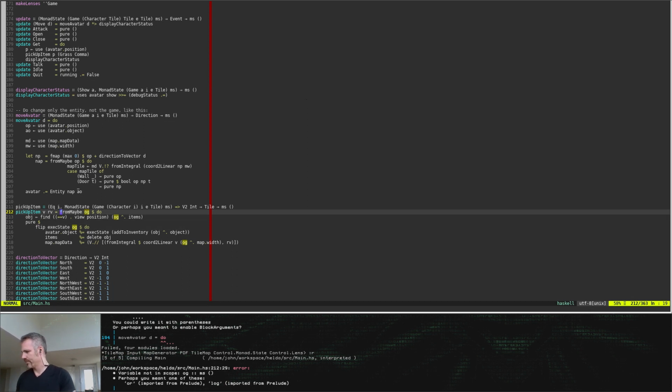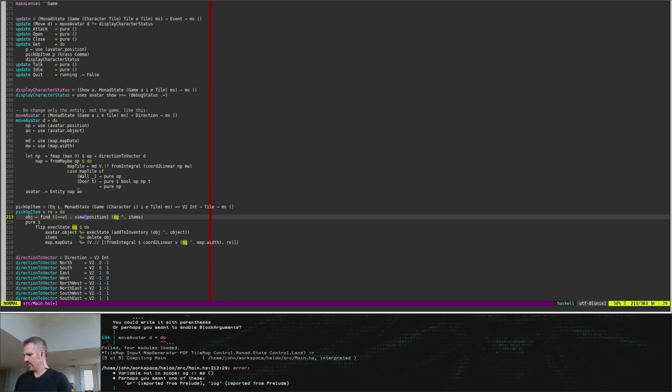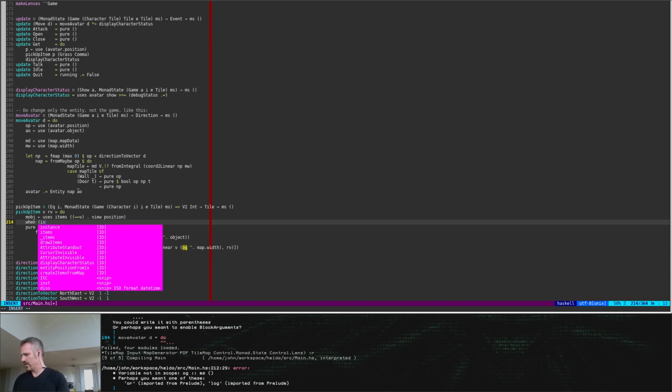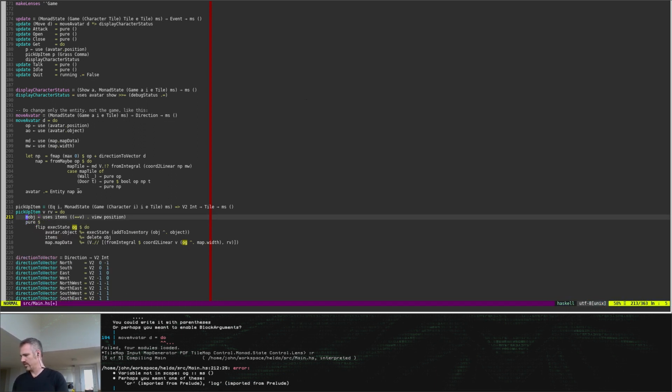Okay. What we're going to do is this. Okay, so uses items and then try to find the position, right? And this is going to be maybe object. And then when is just maybe object. How about this? Case and object, or even better,